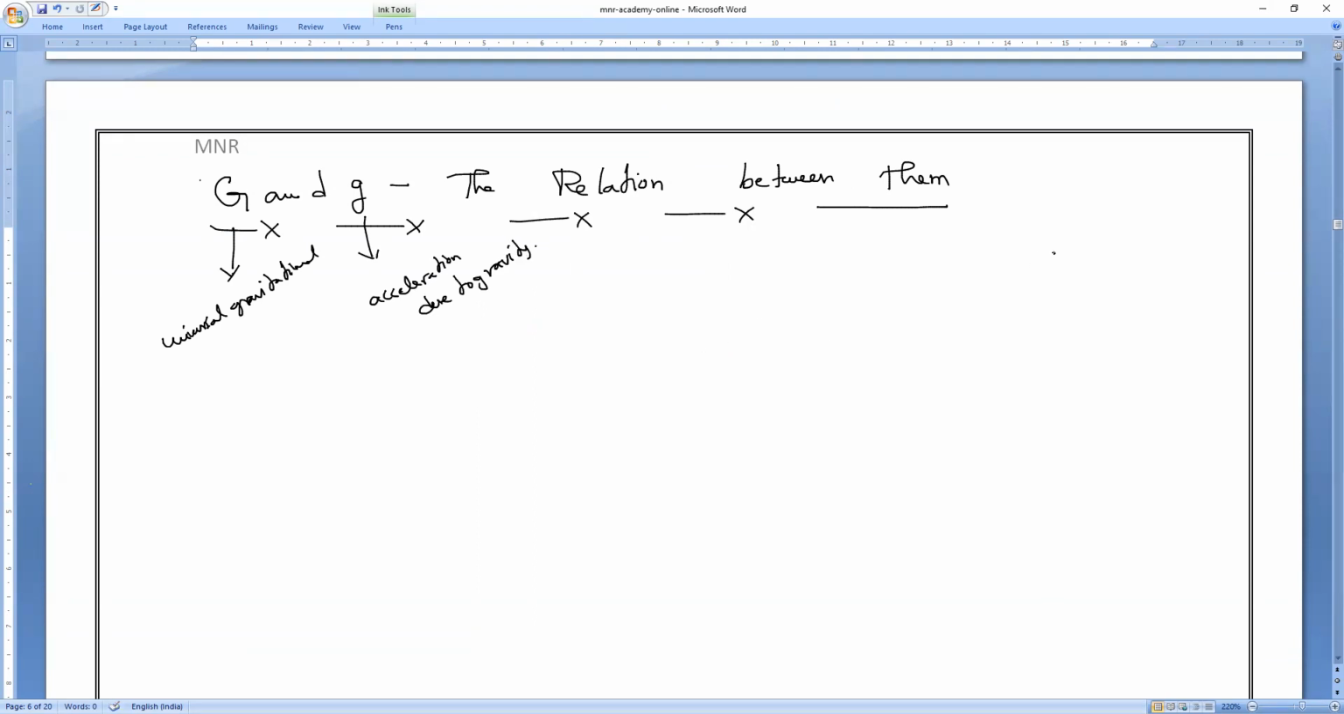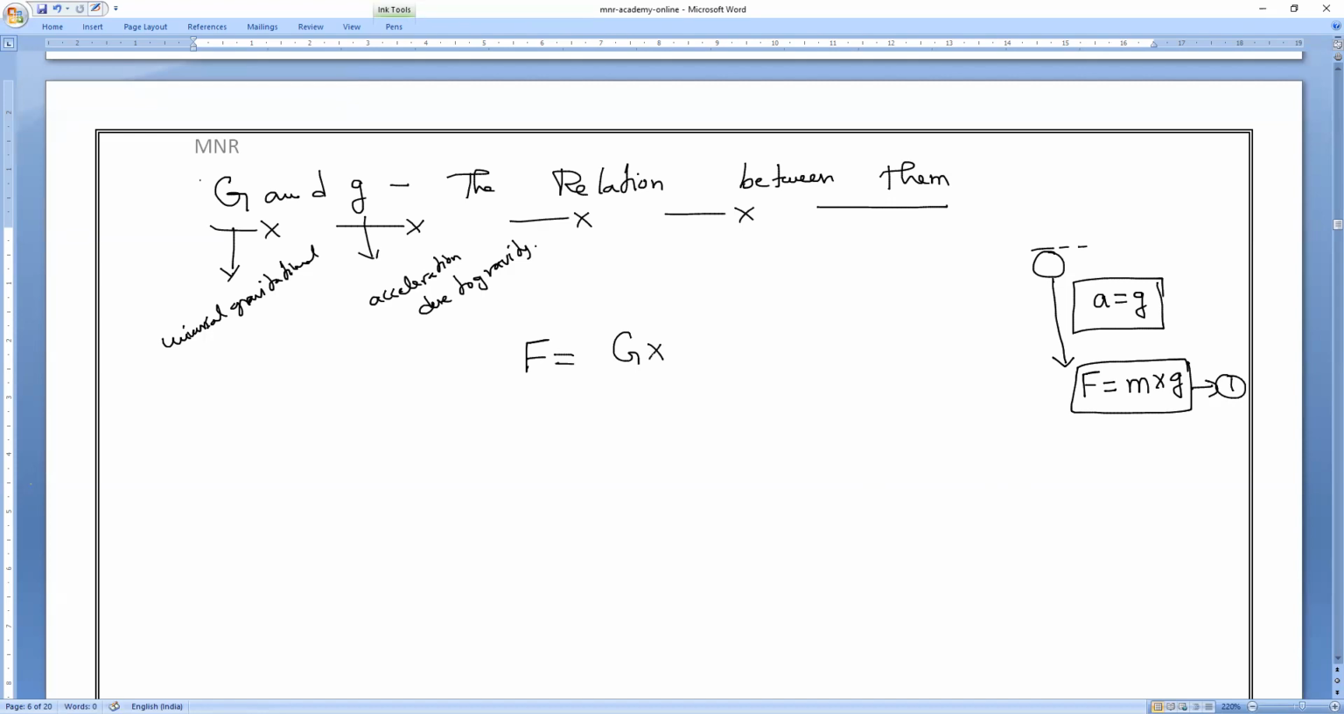So if any body is falling towards the ground, yesterday we studied free fall. So instead of a, we can take g. In that case, the force exerted by a body equals the mass of the body into acceleration due to gravity. Is it okay, everybody? All of you clear? Please respond. So this is equation 1. Next, force of attraction, we all know that capital G into capital